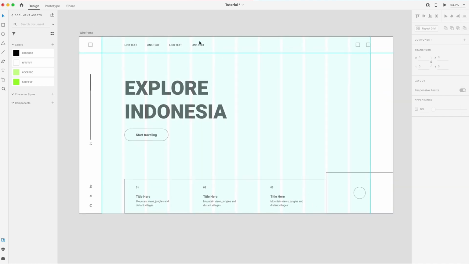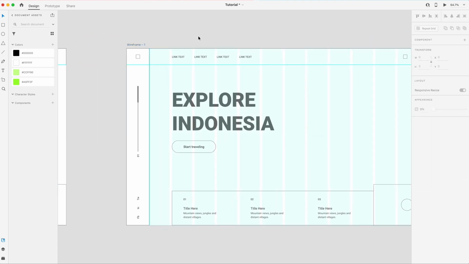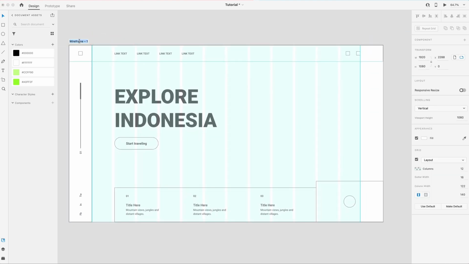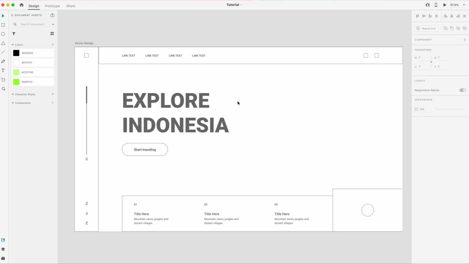So I think that is it for our wireframe. So I'm going to go ahead and save that. Select our artboard, hit Command D to duplicate it. And then I'm going to double click on this and call this Home Design. So now we have 2 artboards, one for our wireframe, and then we're going to finish our design in this